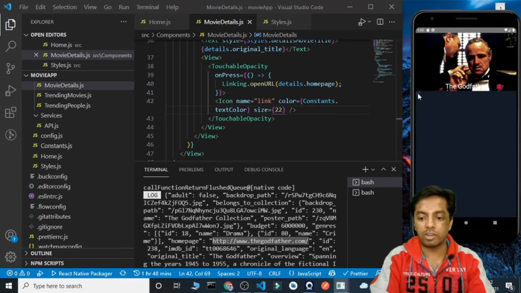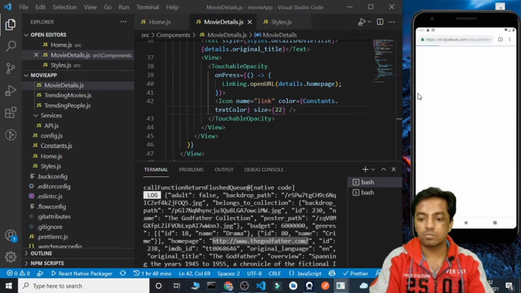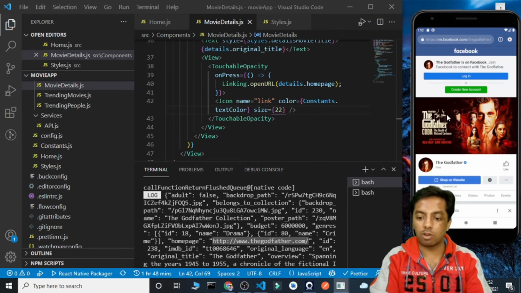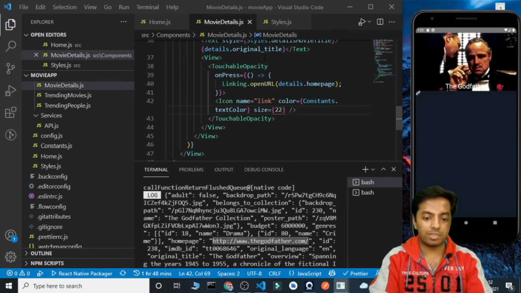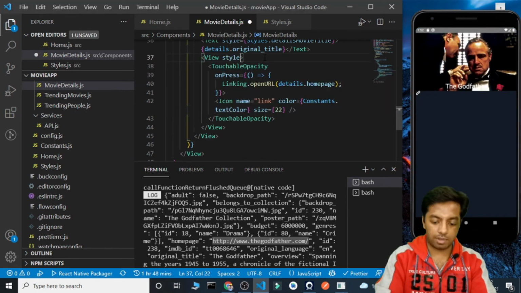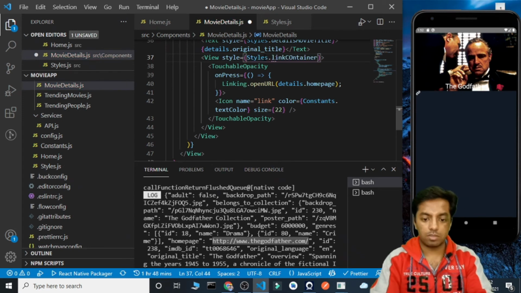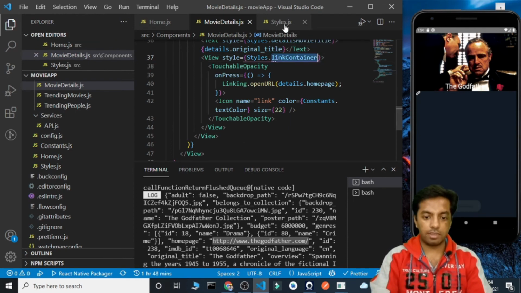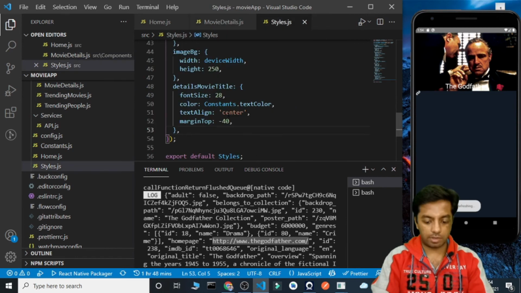So let's click on it, and this opens our website. So the link that we got, it opens it. Okay, so let's just style it a little bit more. So inside this view, let's add a style, styles dot. So now let's just copy this class, this link container, and let's paste it here and style it a bit.